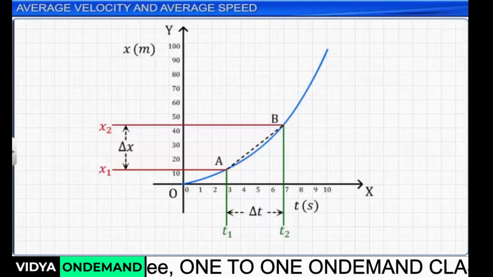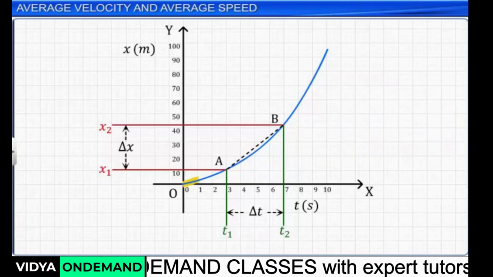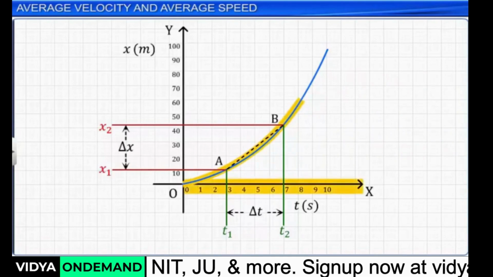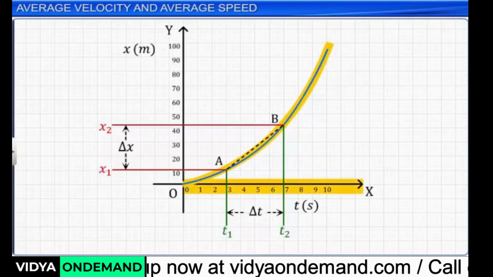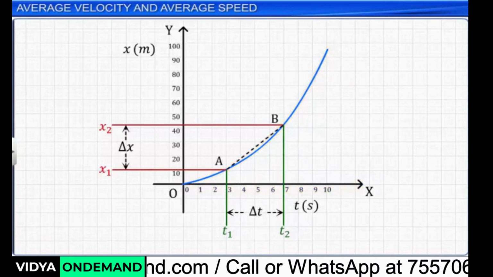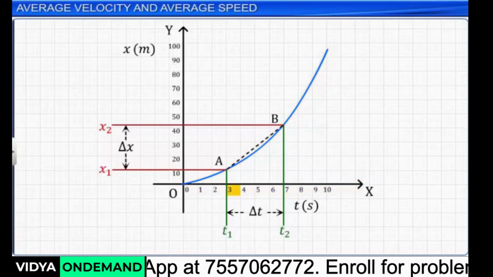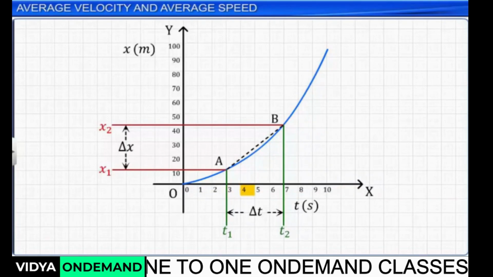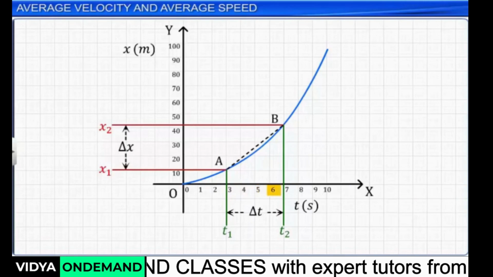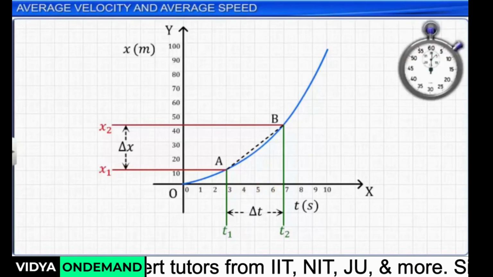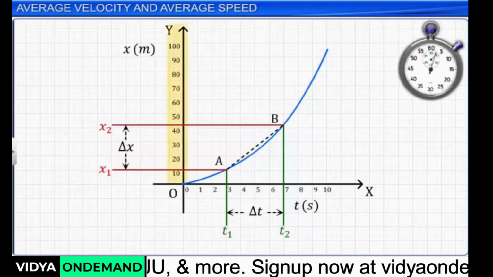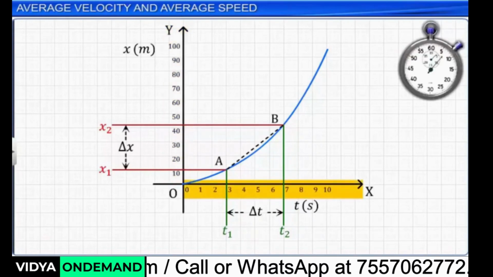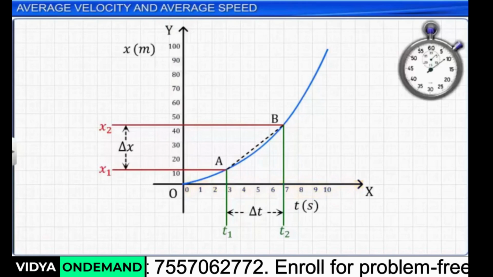That is, from the 3rd to the 4th second, from the 4th to the 5th second, and so on. For calculating the average velocity, we take the total displacement and total time elapsed. In other words, it is the average of different velocities obtained at different instants of time. For example,